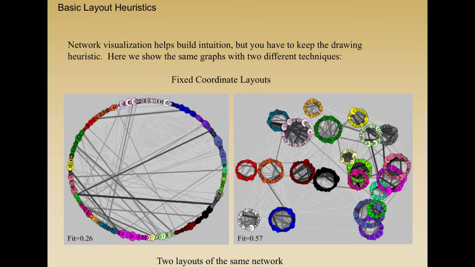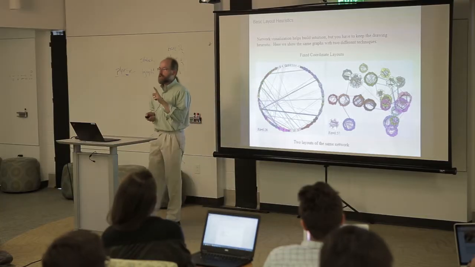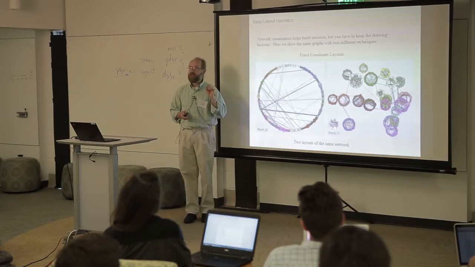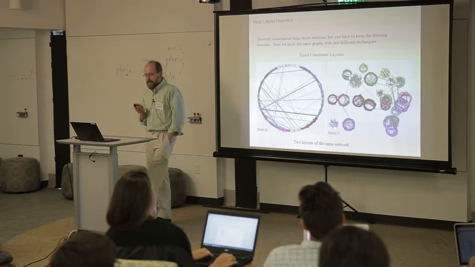It doesn't do a whole lot to display the underlying distribution of distances in the network. But you can often combine a space-based layout with a circle layout to look at subgroups of the network. So here I've used a space-based layout to center each of these circles and then just put each group as a circle on top of it. This little fit statistic you're seeing down here at the bottom is the correlation between the geodesic matrix and the Euclidean distance matrix on the screen, right? So a really good network visualization should have a high fit in the space-based set.